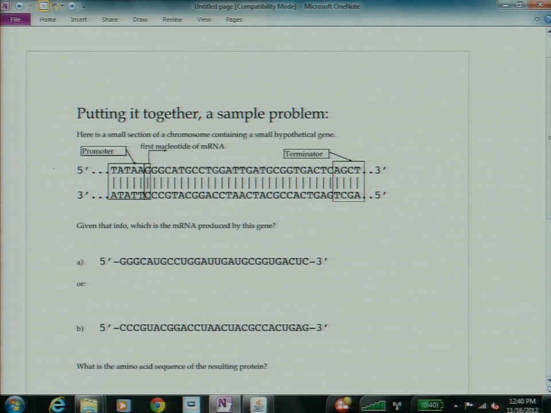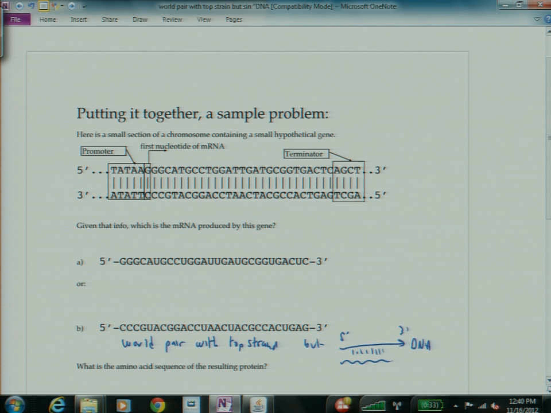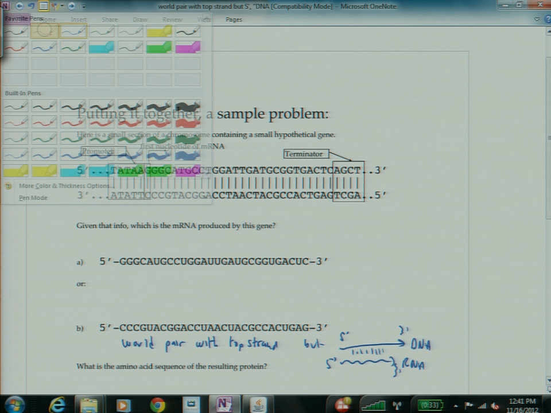No, because it would be going 5' to 3' in the same direction. So it cannot pair with the top strand. So let me write that out to be really clear. It cannot be B. So this would pair with the top strand. But the DNA is going 5' to 3', and you'd try to base pair with an RNA going 5' to 3', and this is a no-no. They are not